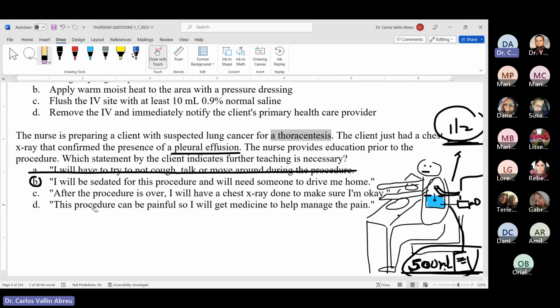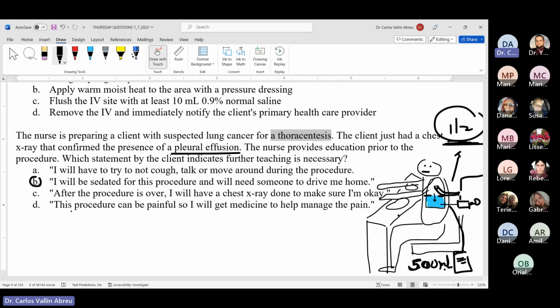Those are the limits, but the thoracentesis situations are different. They are done by the provider, not by the nurse. And the maximum allowed in tumoral pleural effusion is 100 milliliters. After the procedure is over, I will have a chest X-ray done to make sure everything is okay. It is correct. After the procedure ends, a new X-ray can be done to evaluate the amount of liquid that is left and to rule out